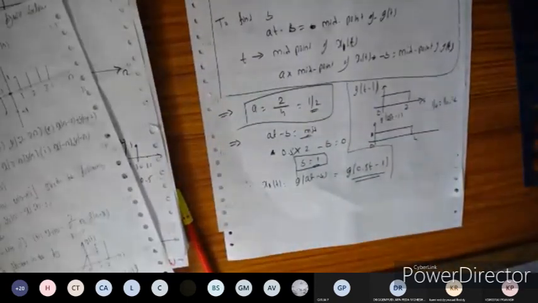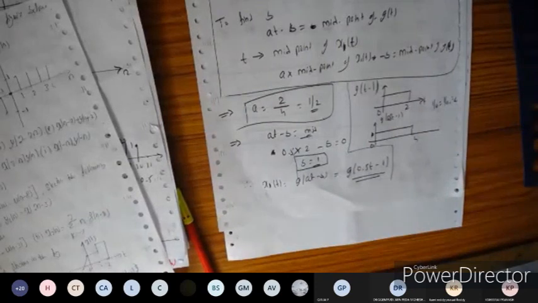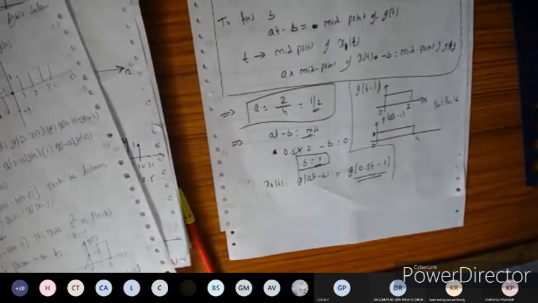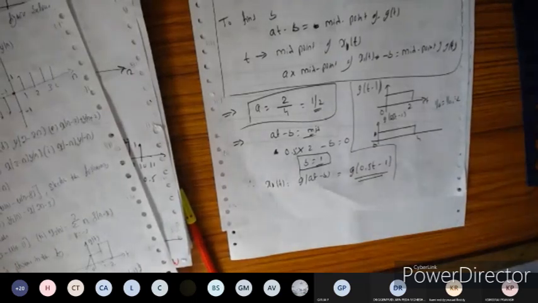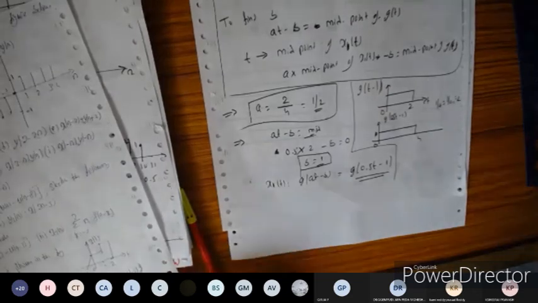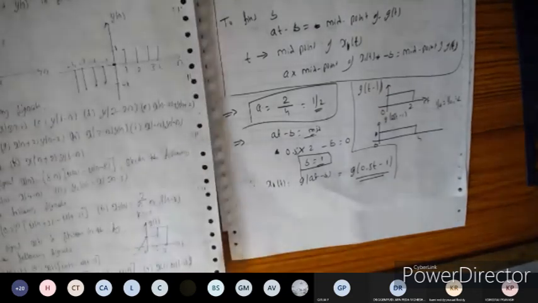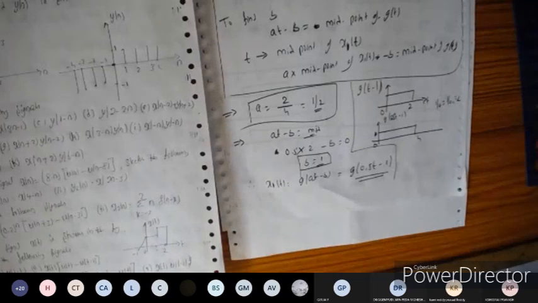Understood? We have verified the result also. So done, we'll continue the remaining part in the next class. In the next class, I'll take one more problem and end module 1. Some more problems are there, which I'll solve after the IA. I'll complete these problems tomorrow, and the day after tomorrow I'll start with the system properties, that is module 2.